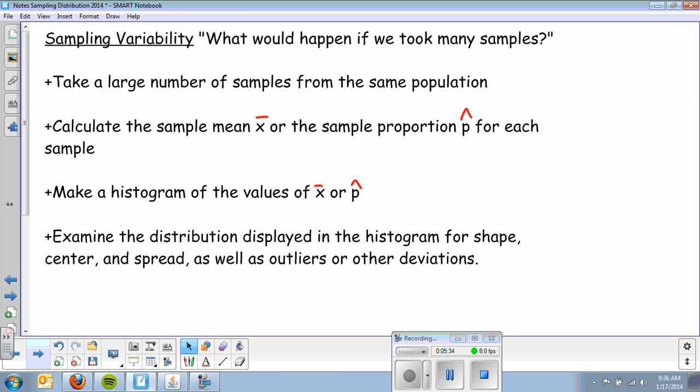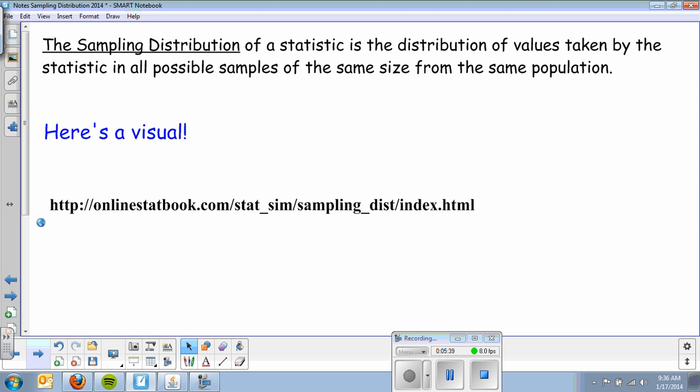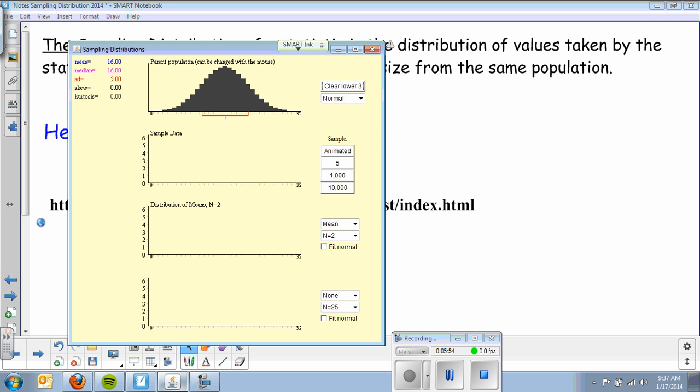Once we do that, that histogram of all possible samples is actually called a sampling distribution. The sampling distribution of a statistic is a distribution of values taken by the statistic in all possible samples of the same size from the same population. So here's a visual of what we did in class. I gave you this applet, and you have your population data here, right? The parent population. So this is approximately normal,